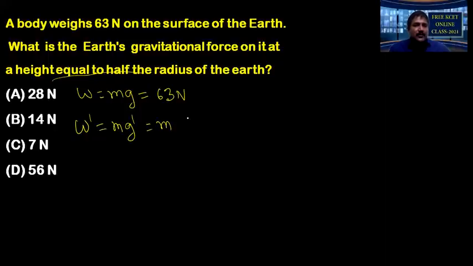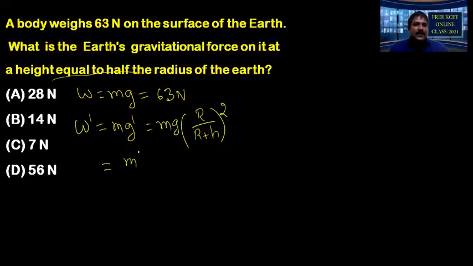So that is m, at a height, and the height is not a small height; it is half the radius of Earth. So the formula which I used in the previous, g times 1 minus 2h by r, cannot be used here. So for acceleration due to gravity at a height h, which is comparable with the r value, I can write g dash as g times r divided by r plus h the whole square. If I simplify now, it is